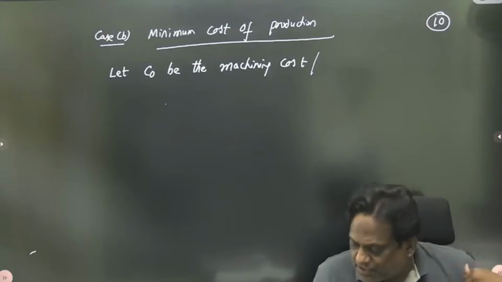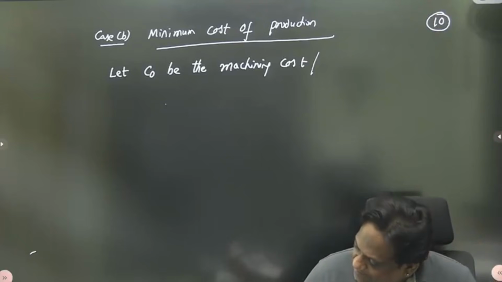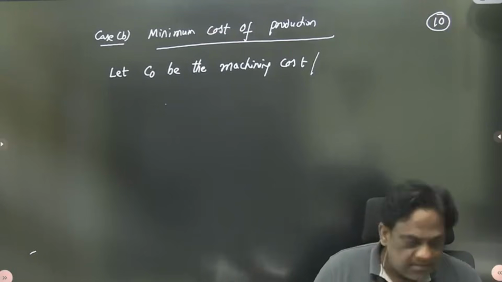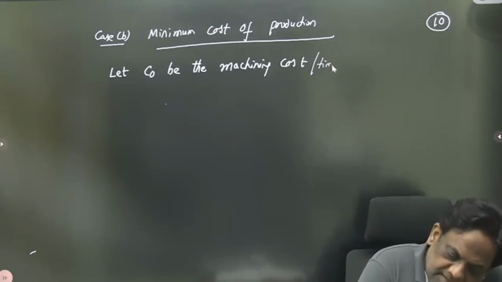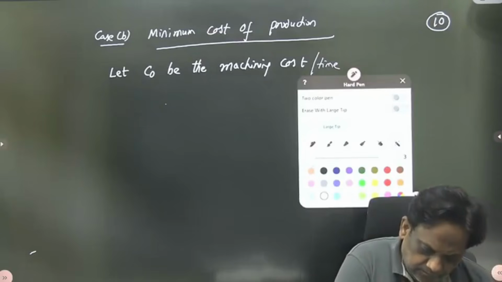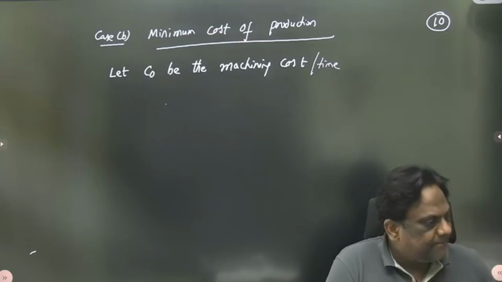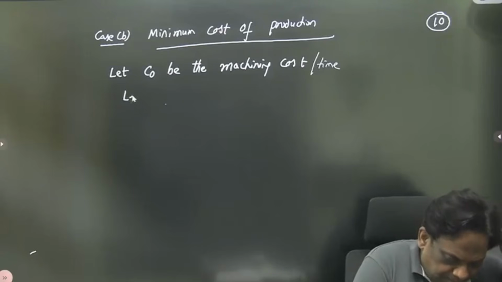Is it understood, sir? Let C naught be the machining cost per unit time. That time may be hour or whatever it is. Okay sir. Now stop. Let CH be,